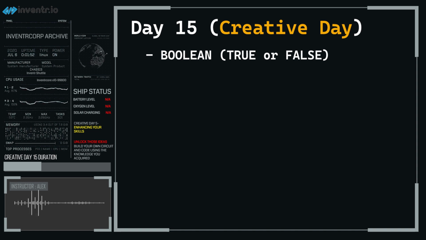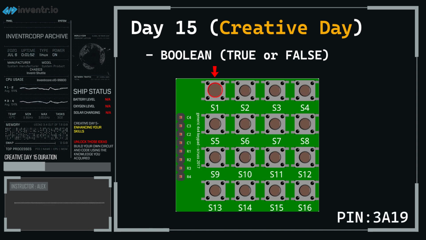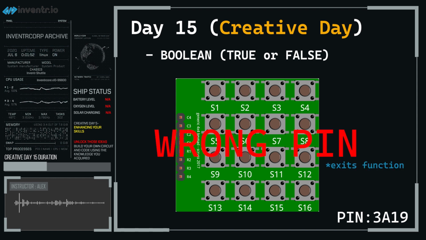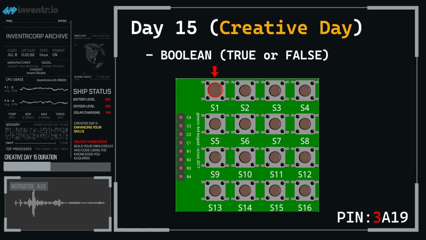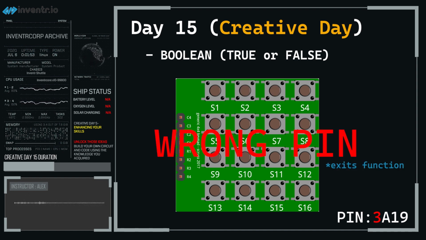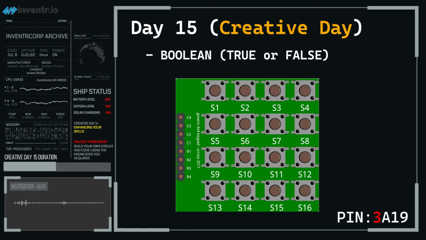Currently, there's a small security flaw with it. As soon as an incorrect button is pressed, it will exit the function and return an error. Well, that makes it really easy now to guess which of the numbers was pressed or which part of the pin is wrong. So you can just guess 1 through 9 until it goes through to the second pin,